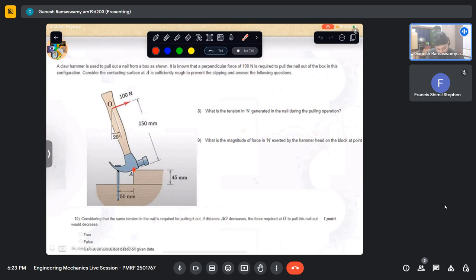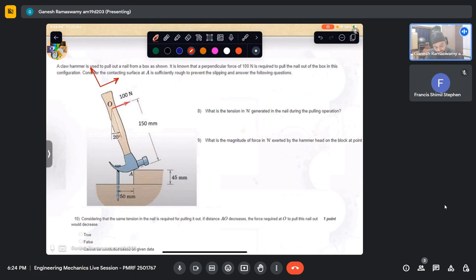Another thing is now the force at this point. Now we can essentially resolve the forces into two components. One is along the length of the hammer, one is across the length. 100 doesn't have any component there. So this we can transfer it here. We know the trick that once we transfer this force here, it will come with an associated moment. And this force can be resolved into two components now. Considering this to be one direction and this to be another direction, we can do our force equilibrium